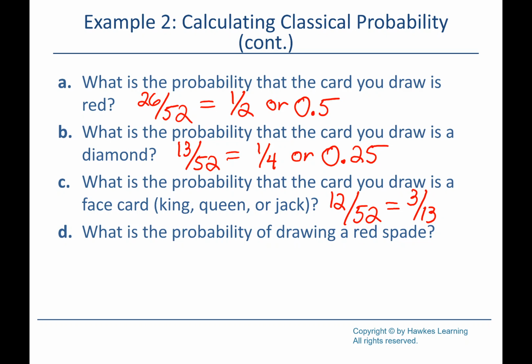D puts 2 conditions on our card. Okay, so we've got 2 conditions on our event here. D says, what's the probability of drawing a red? So that's one condition. And then spade, that's another condition. And also it's a weird one,